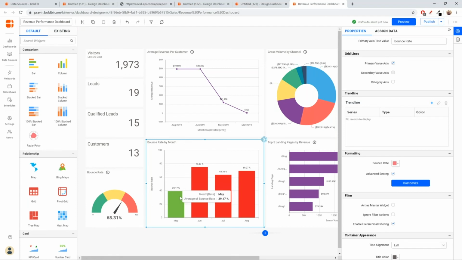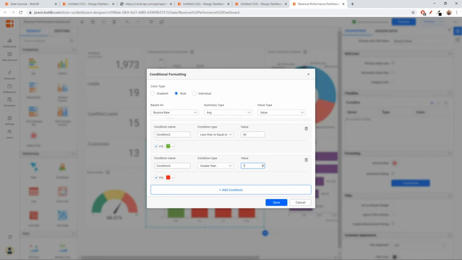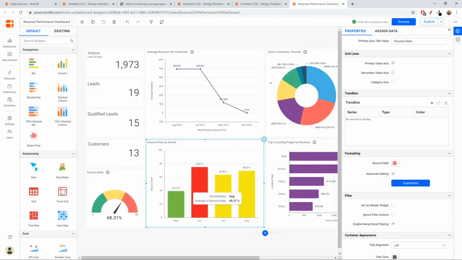We have in the month very much lesser bounce rate. In all the other months, the percentage is greater than 60. So I can go ahead and just change this to 70. Now you'll see the difference. Okay, so we have 2 months, July and August, which is in the moderate range. May is in the good range, and June, of course, had a lot of website bounces.